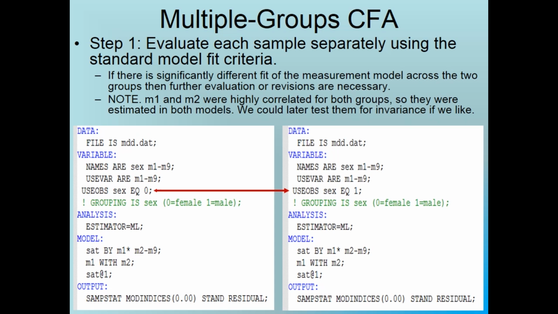Lastly, I'm fixing the variance for our satisfaction variable at 1. So again, I'm making the assumption that my variances are equal across both males and females. If that's not the case,